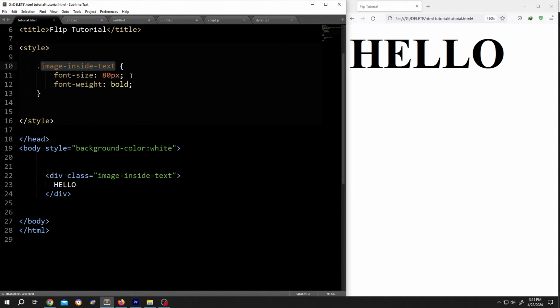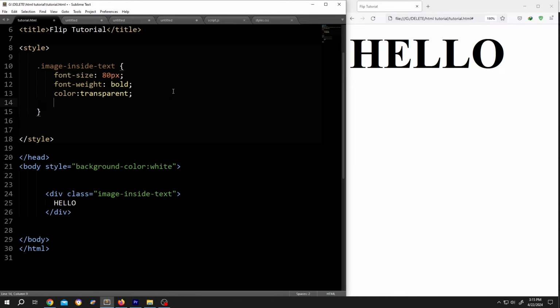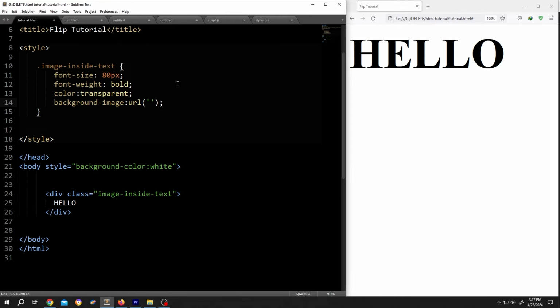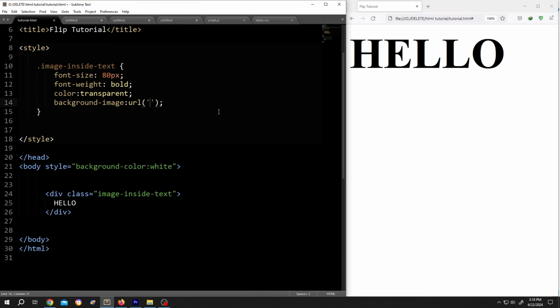There we have our font size and weight. Now to make a transparent text, write color colon transparent, then add a background image, background-image colon url, opening parenthesis, single quotation, another one, closing parenthesis, semicolon. Inside the image name, suppose our image is inside the images folder, so write images slash the image name,